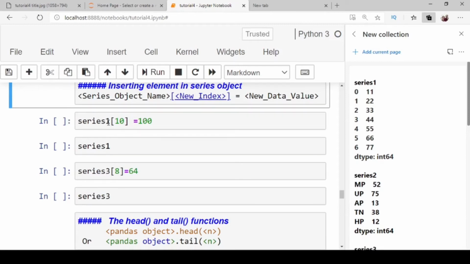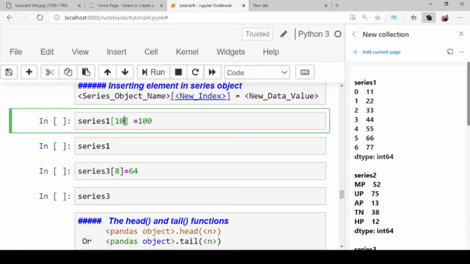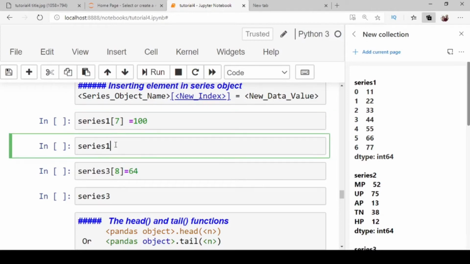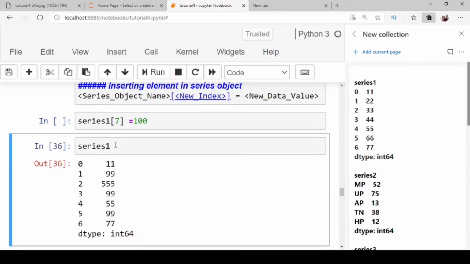The existing structure of series 1 is depicted here. Now you see series 1, and we write here 7. This is the index 7, and the new value is 100, and now we press enter.